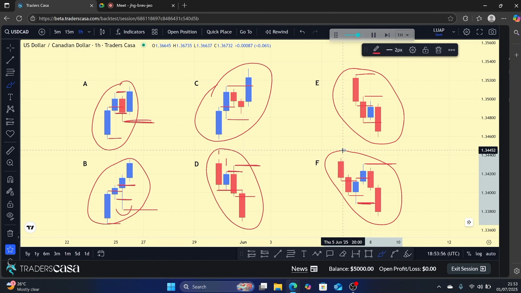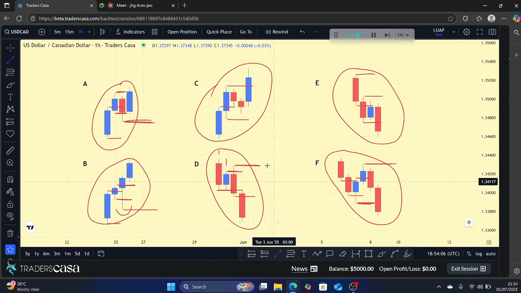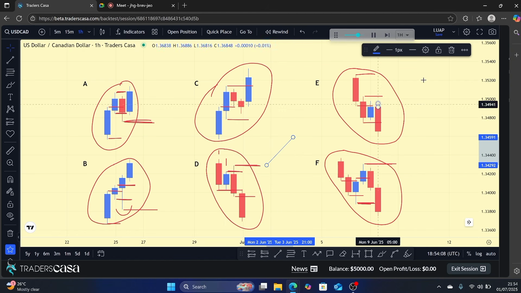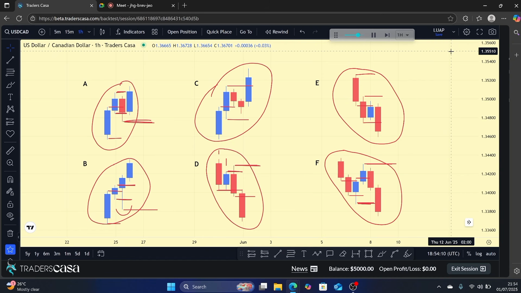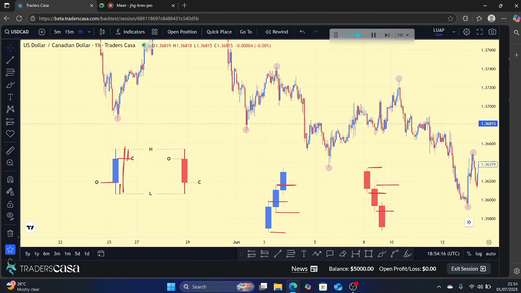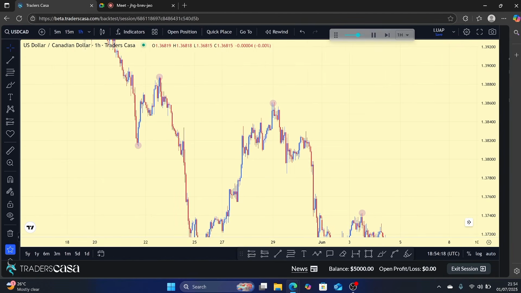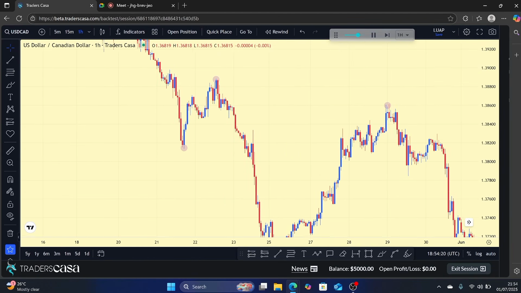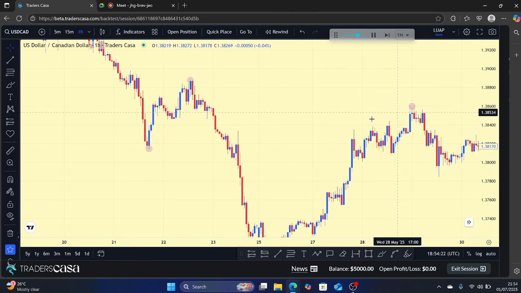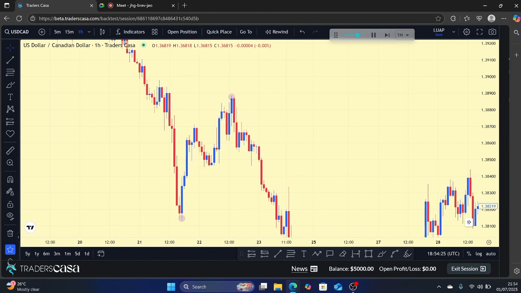All right, so with these 6 scenarios, I hope you have gotten a deeper understanding of how to identify valid pullbacks. And right now I'll be diving into the real chart so that we can identify with you some scenarios where pullbacks can occur. Alright, so starting with this chart, this is USDCAD. Alright, so right here you can clearly see, so is this here a valid